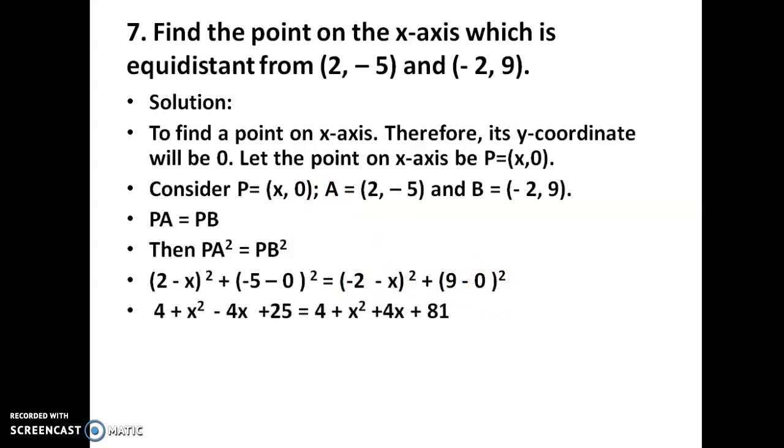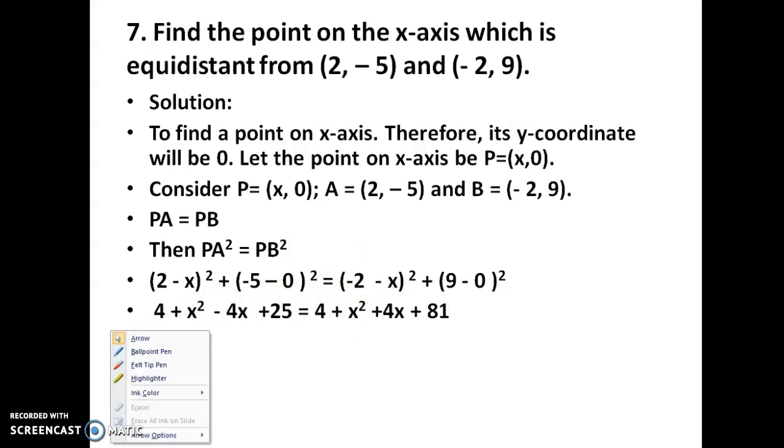Then simplify. You have to use the a minus b whole square formula. So this we are doing with the formula, and this is numbers only, no? So minus 5 square, that is 25, you will write here. And here also 9 square, that is 81. So this also is the a minus b whole square formula. So a square, that is 4, b square, that is x square, minus 2ab. So 2 into 2, that is 4, into x. 4x you are getting here. Similarly this side also.